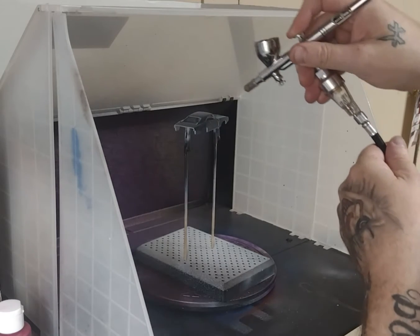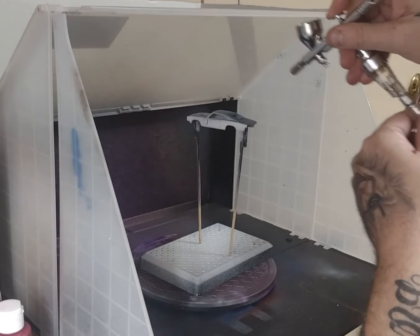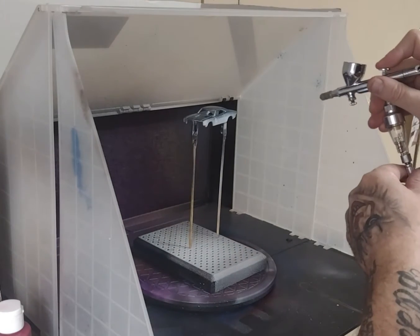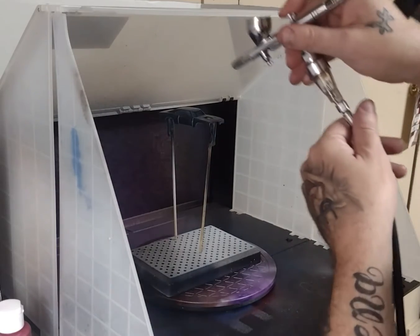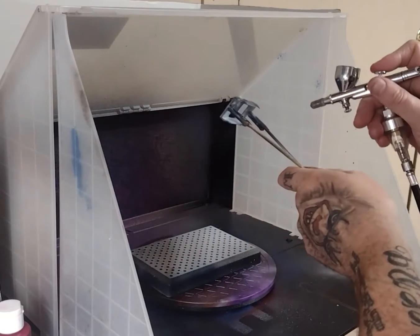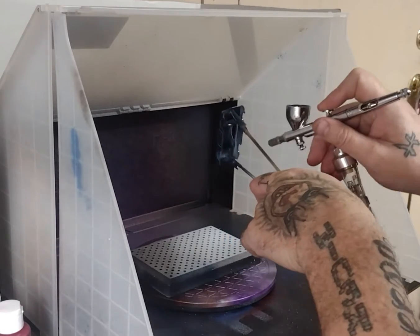But back to my airbrush. I'm airbrushing the Charger now, and it was a custom mix I did, and I thought it looked like a teal color when I got done mixing it, but once I put it on the car, it started looking like a dark blue jean color, and I was falling in love with it. I was like, man, I really love this color. I know you can't see it all that great right now. I'm still getting used to the whole setting up, seeing the video and the airbrush part. But this paint just looked remarkable. Sorry about the